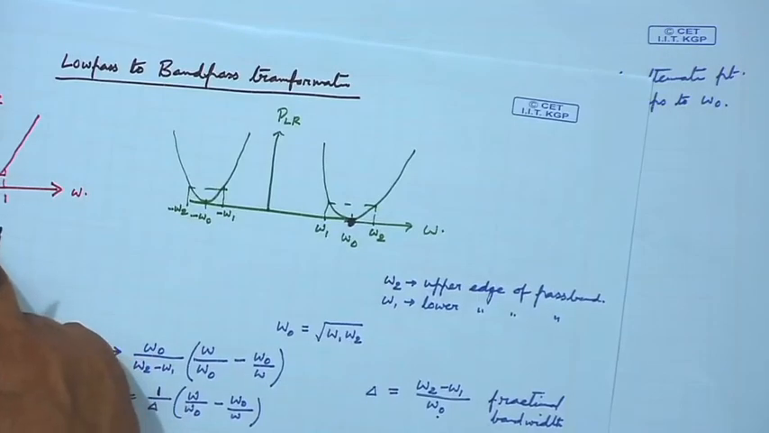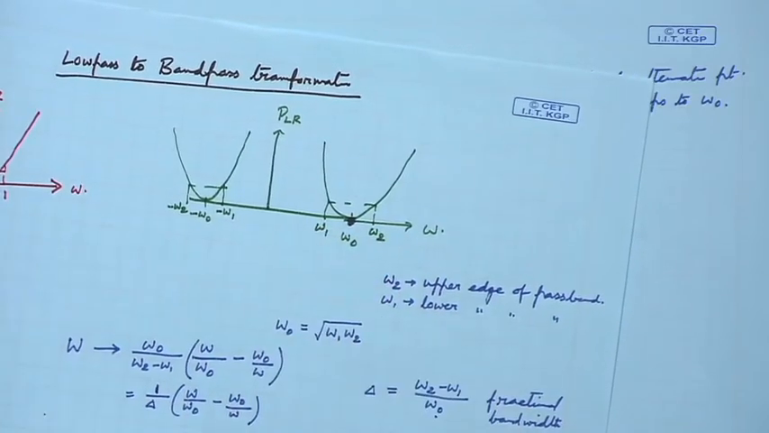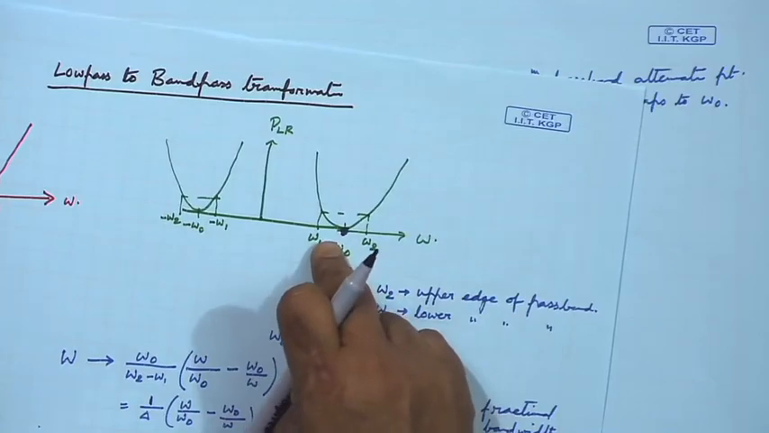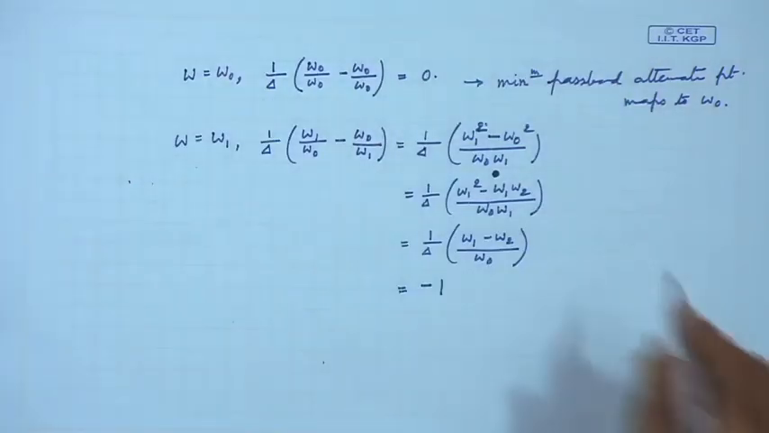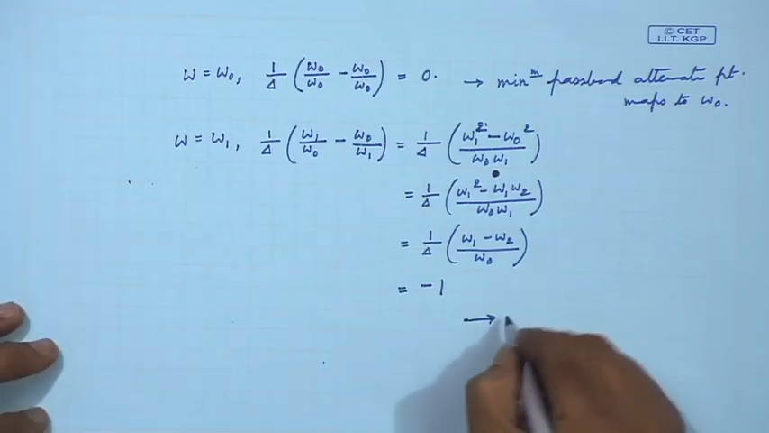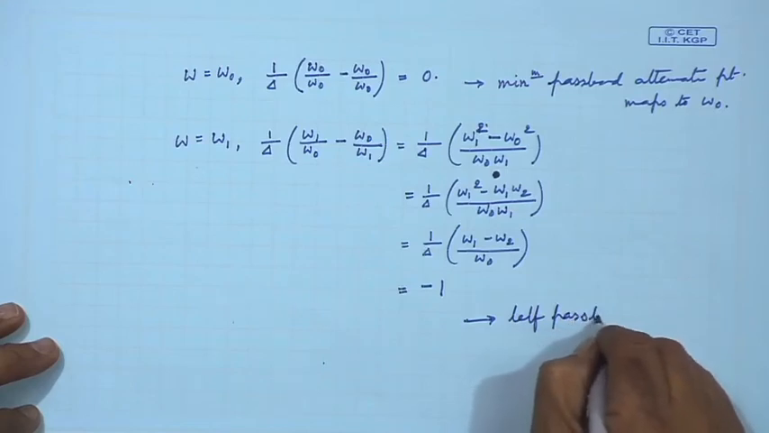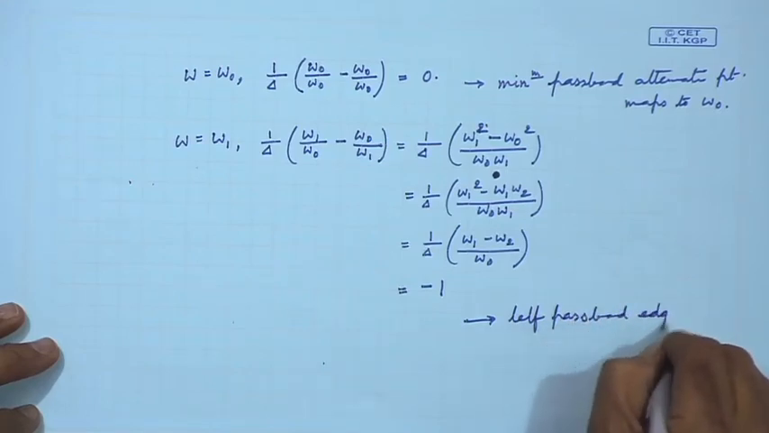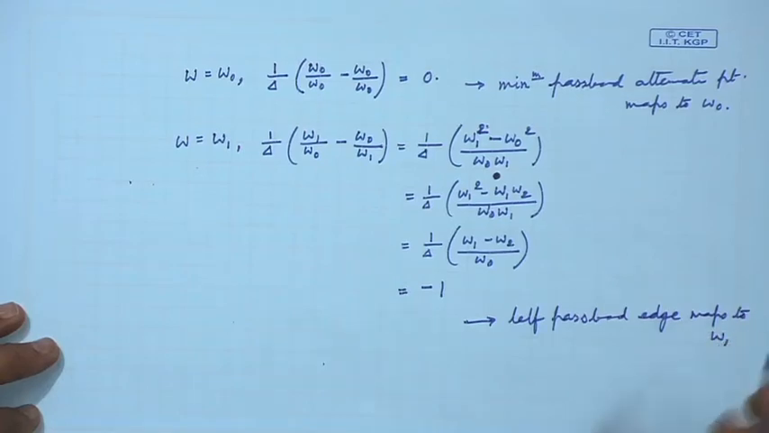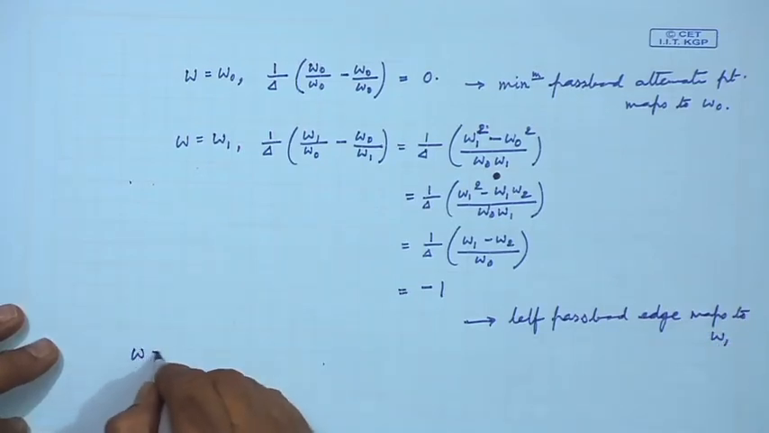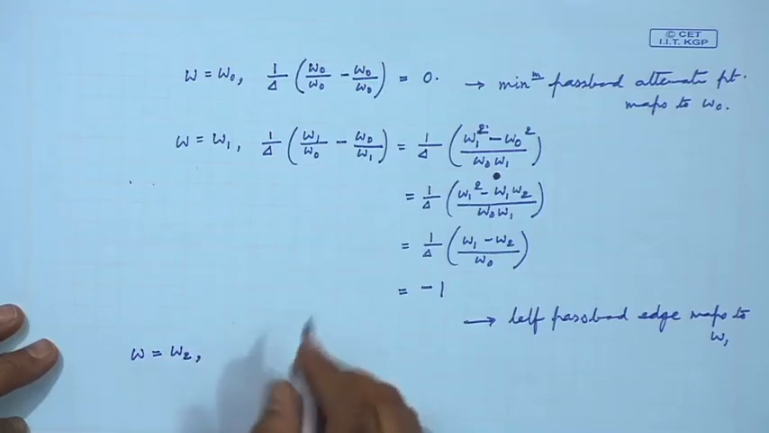So, the left passband edge will be mapped to omega 1, that means this point is now mapped to omega 1. So, let me write the effect of this. The left passband edge maps to omega 1. Similarly, if I put omega equal to omega 2, then